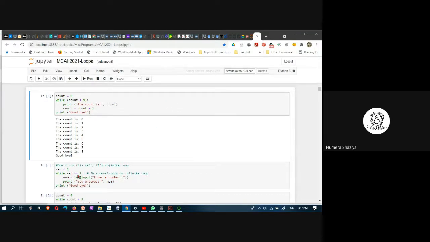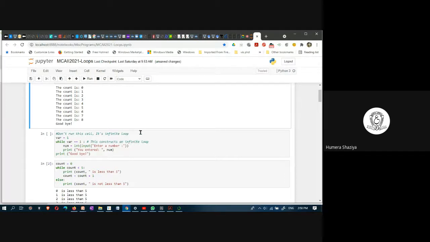Here, this one. On that day when I was doing this, I gave two infinite loops. Here I wrote in a comment, don't run this cell, it's an infinite loop. It's not coming out. Even Control C, it is not accepting. I have to check up. Is there any other key? Actually, on the terminal, if you execute an infinite loop on the command prompt and press Control C, it is a keyboard interrupt, and it stops. But in Jupyter Notebook,